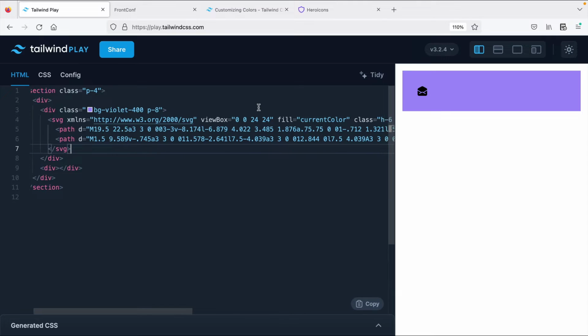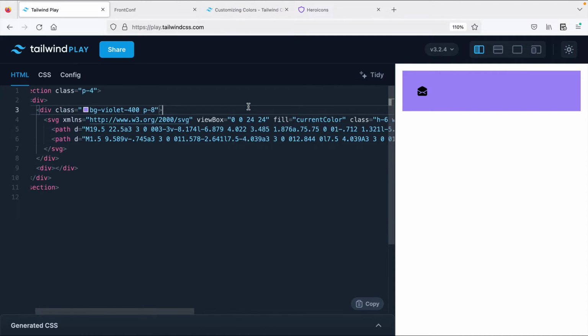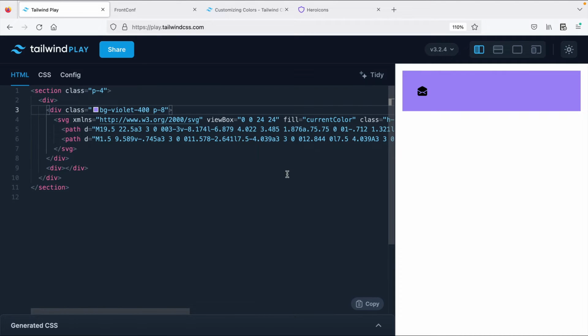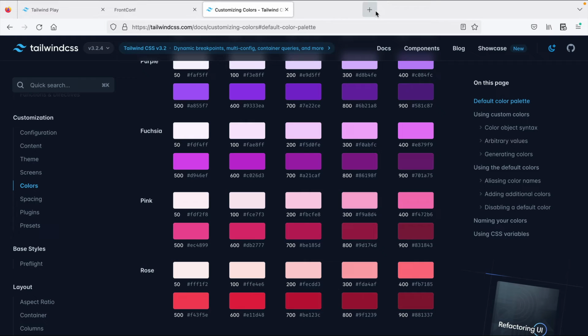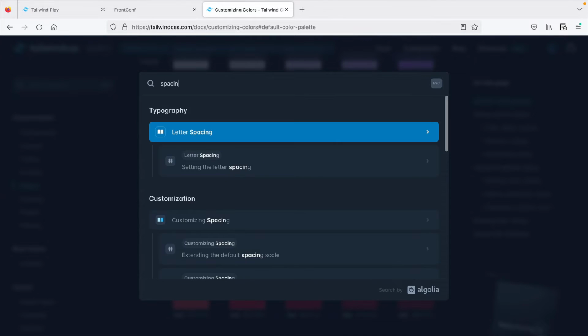Great. Now notice that this SVG also has some utility classes. H6 means height 1.5 rem and W6 means width of 1.5 rem. Initially, these numbers like P8, H6, all of these might seem very cryptic, but as you start using them more often, you'll get a hang of it. One thing to understand here is that these numbers are not random. Let me show you in the docs. I'll close Heroicons and in the docs, search for spacing scale,